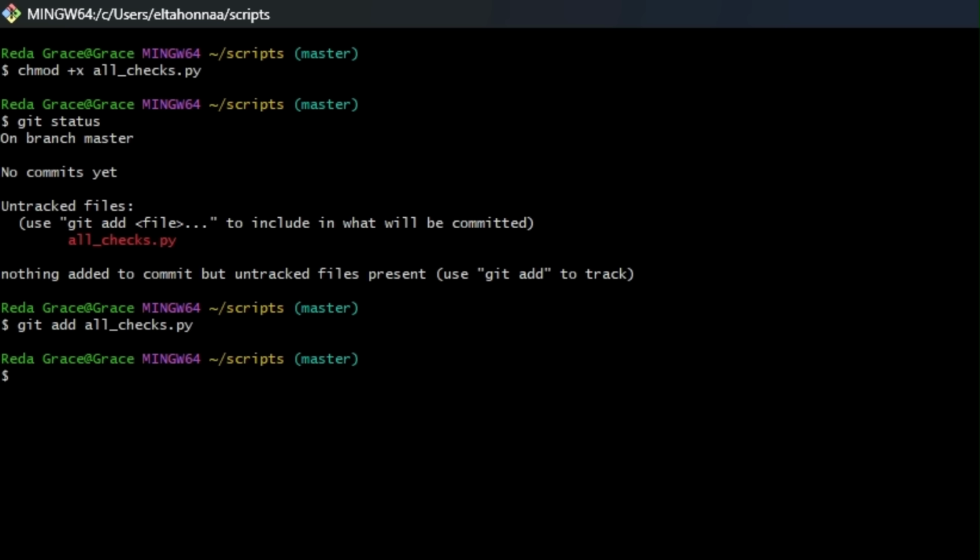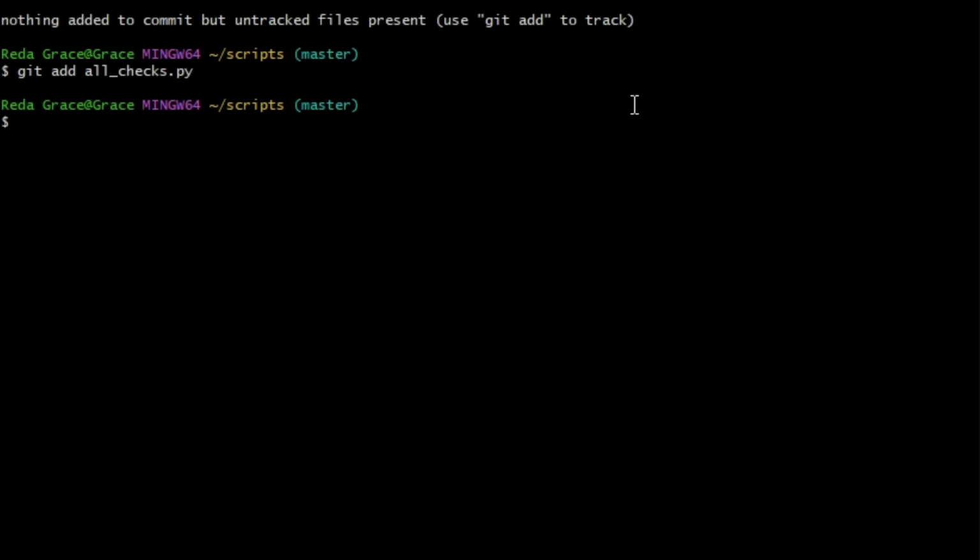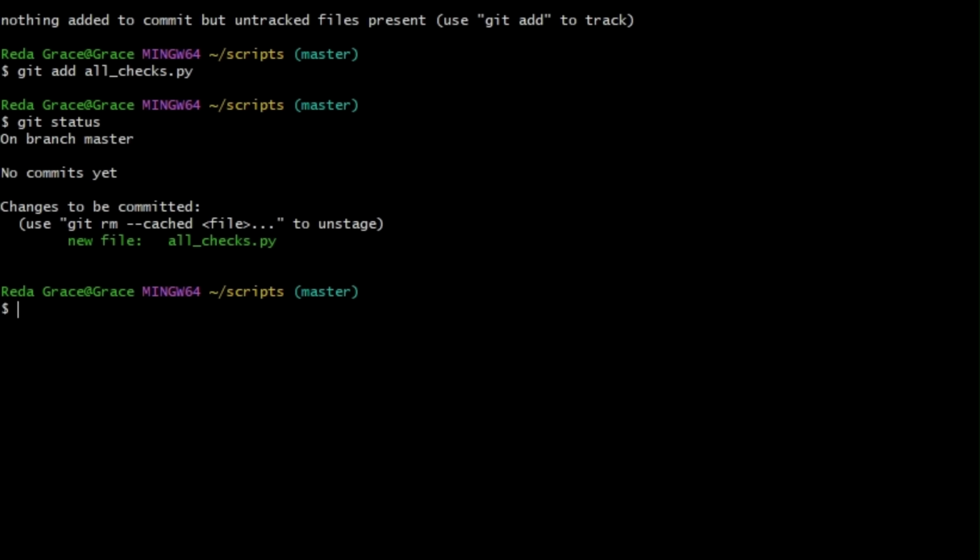With that, we've added our file to the staging area. The staging area, which is also known as the index, is a file maintained by Git that contains all of the information about what files and changes are going to go into your next commit. We can use the git status command to get some information about the current working tree and pending changes. Let's check that one out. We see that our new file is marked to be committed. This means that our change is currently in the staging area.